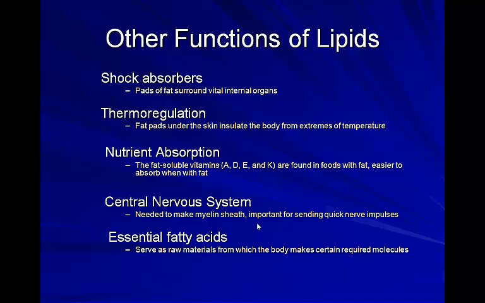A lot of you have probably heard of white matter and gray matter in discussing the brain and the spinal column. The reason we call it white matter versus gray matter is that the white matter is made up of myelinated nerve cells, whereas the gray matter is part of your nervous system that's made up of non-myelinated nerve cells. The myelinated nerve cells are white like that.